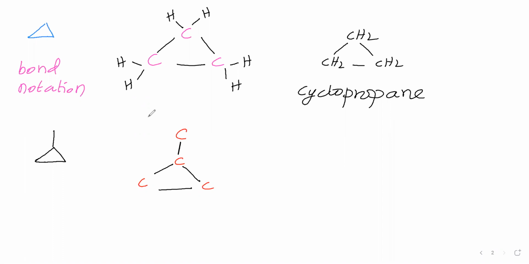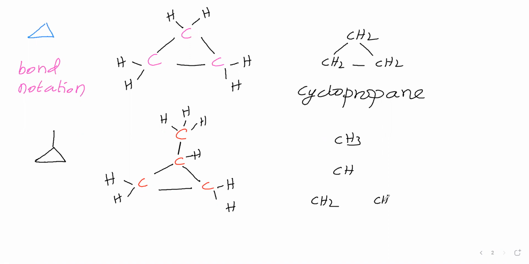Okay. Then let us give hydrogen. For this carbon, 1 bond is there. Therefore, 3 hydrogens will give. For this carbon, 3 bonds are there. Therefore, 1 bond you give for hydrogen. Here 2 hydrogens give it. Here 2 hydrogens give it. Then we will write this is CH3. This is CH. This is CH2. It is CH2. Then give the bonds. Like this we have written.